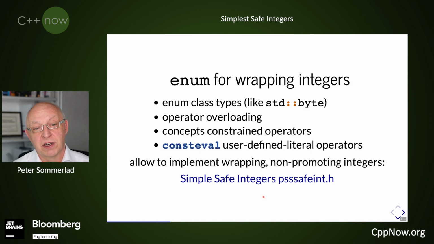And since we are now in C++20 and compiler supported, the user-defined literal operators make it easy to generate constants of these types, so you wouldn't have to spell them out as names. consteval guarantees that these UDL operators are computed at compile time, and that way we can ensure that any too big numbers that you want to convert to too small an integer type will actually be detected.